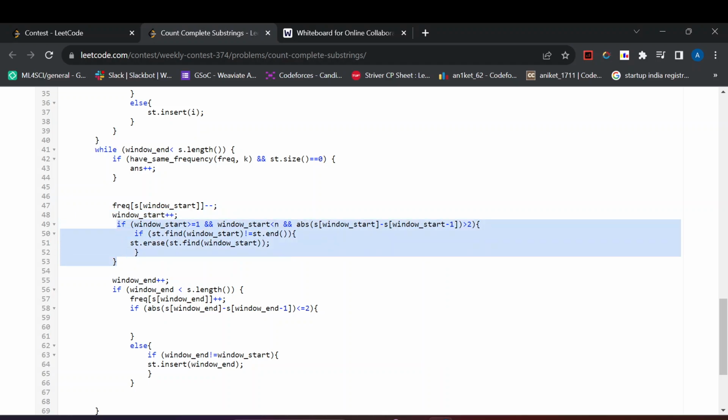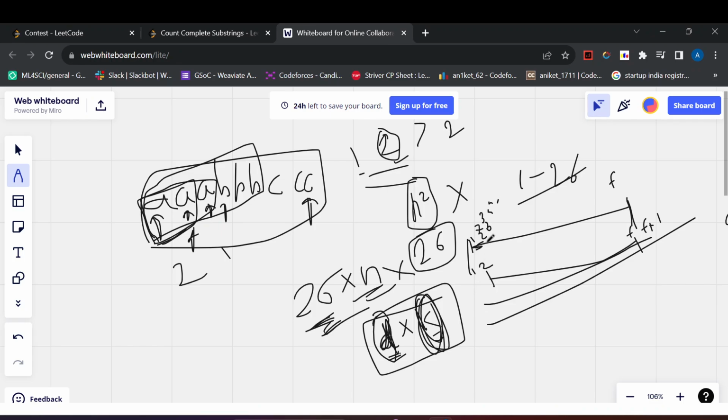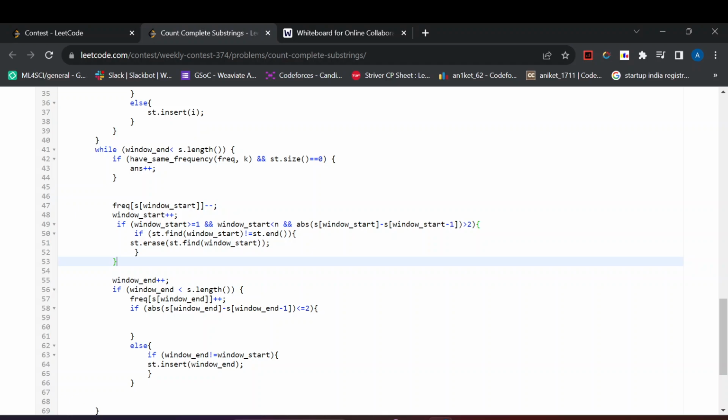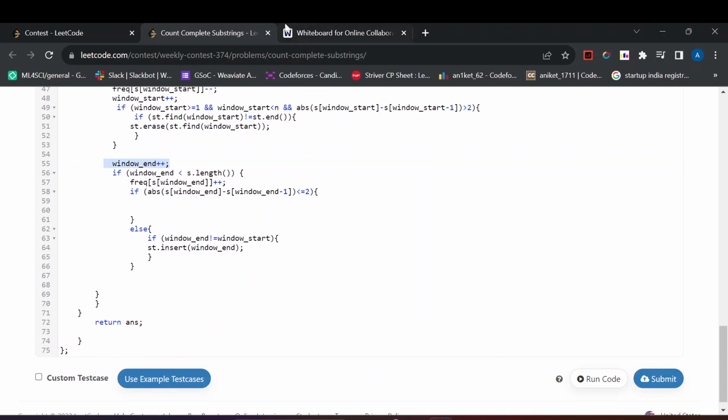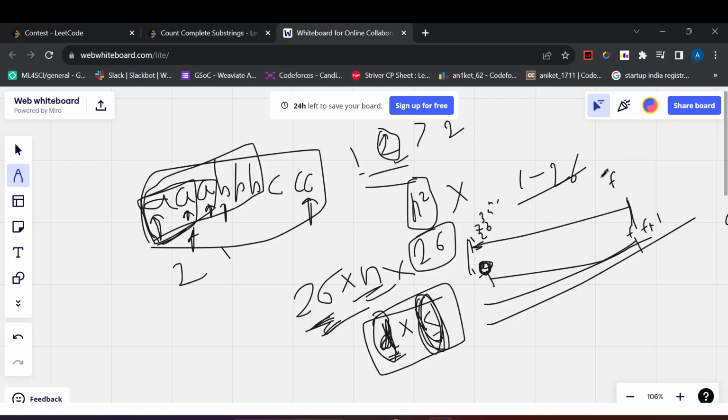And now this condition is removing the adjacent property of window start. For example, when the 1 to f length sliding window moves to 2 to f plus 1, I don't need to check the adjacency property of 2 because it will not contribute to the sliding window, since its left element is out of the sliding window. So I have to remove that if it is present in the set. Similarly, I will increment the last pointer,